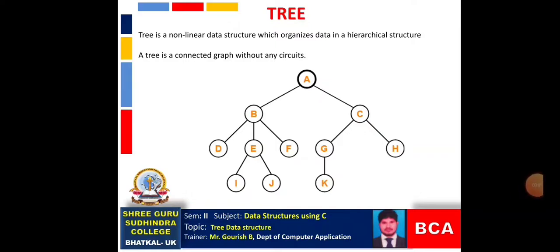You can see over here a diagram shows a logical representation of the tree, right? And a tree consists of a number of nodes, right? Like a linked list, a tree also consists of a number of nodes. If you consider a doubly linked list, each node consists of one information field and two link fields, left link and right link, L link and R link. The left link always points to the previous node, and the R link, or right link, always points to the next node in the list, right?